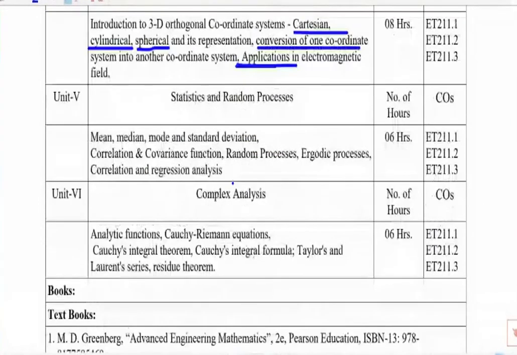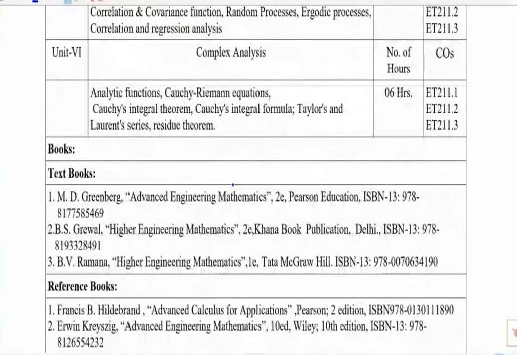Then these are the 3 textbooks. So this book all